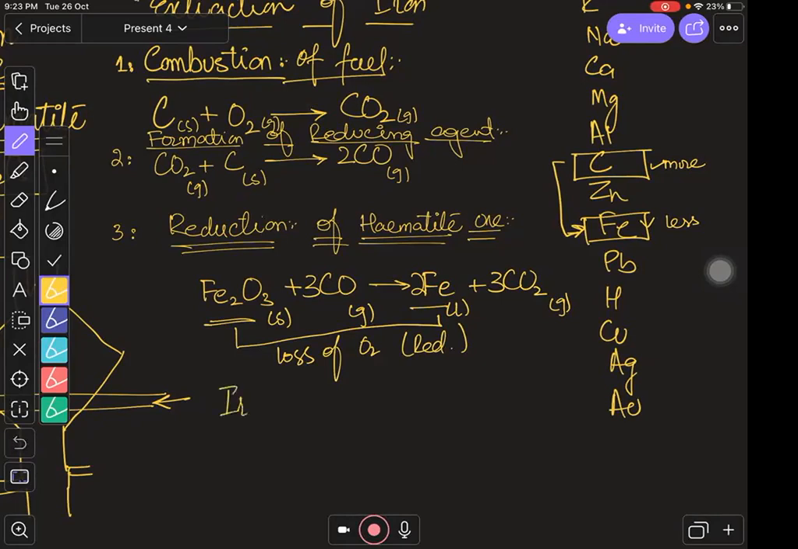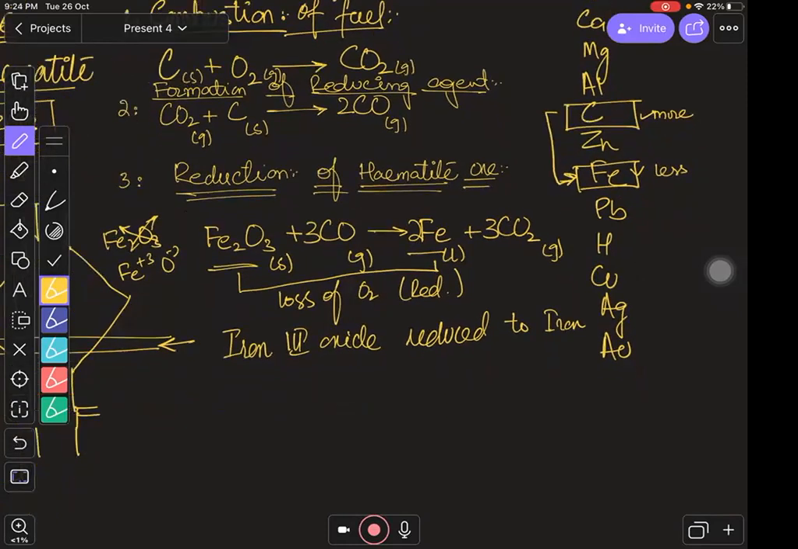Iron 2 oxide. Why am I writing 2 over here? Because iron is plus 2 over here. If you see over here, it is Fe2O3, so you send 3 over here and 2 over there. Sorry, it is iron plus 3 right now. So we can write iron 3 oxide reduced to iron, right? The process over here is reduction, and in this way iron 3 oxide is reduced to iron because it loses